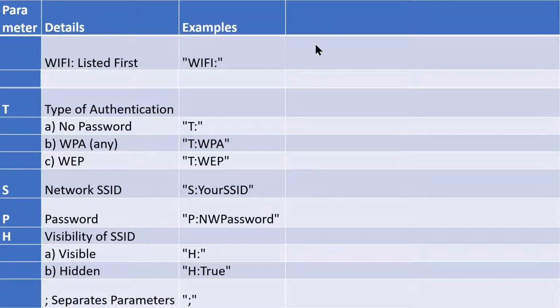So let's go through an actual example. We're going to use WPA-PSK with a hidden SSID. So this table is great because you can just go to it and pick out all of the information. So the first thing we do is go to the Wi-Fi, and we put that in the character string, so it's just Wi-Fi: Next, we go to the type of authentication, and because it's PSK WPA, it's just going to be T: